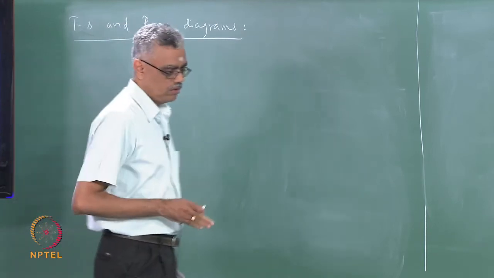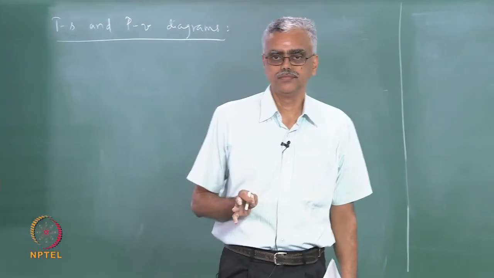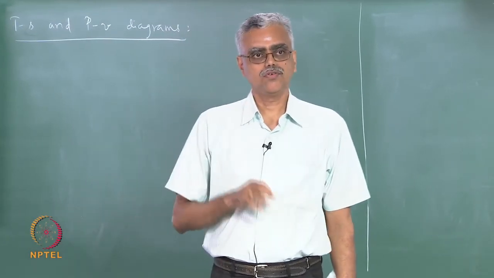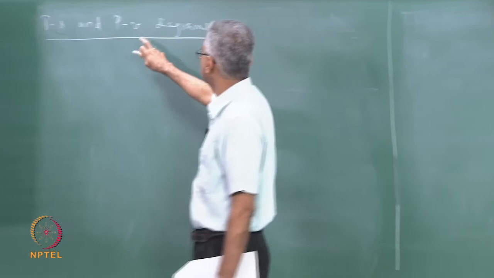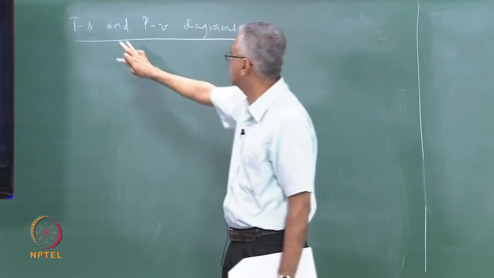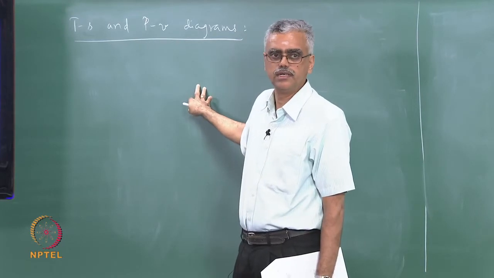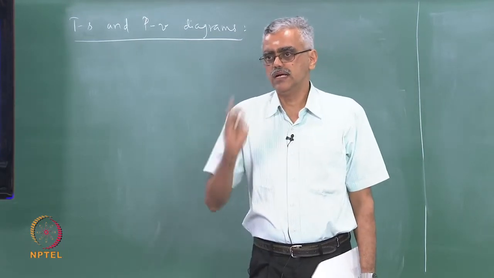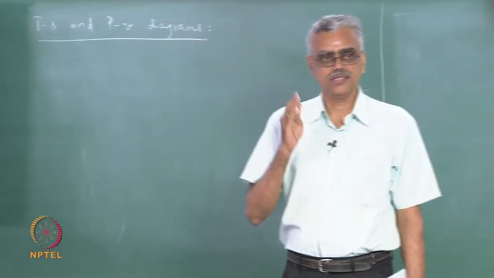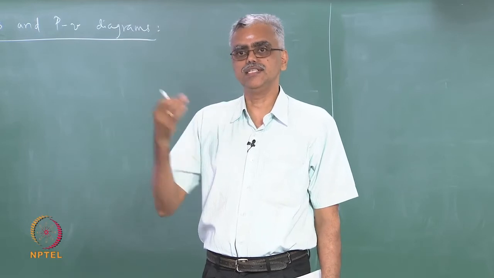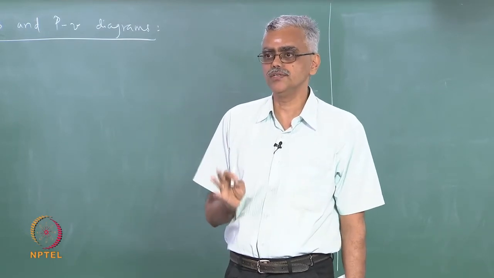So, when you draw a TS diagram, what we want to show on a TS diagram are lines of constant V or lines of constant P. That is what we want to show. So, these are the 4 variables that we are looking at. If you remember, we said that in a one dimensional flow, each state is characterized by static pressure, static temperature and velocity. In addition, stagnation pressure and temperature. So, these are the quantities that we want to